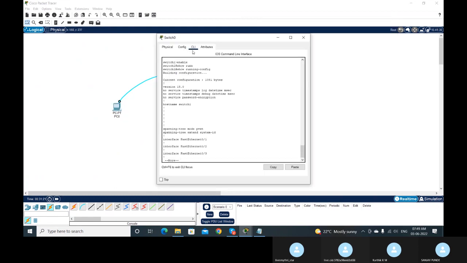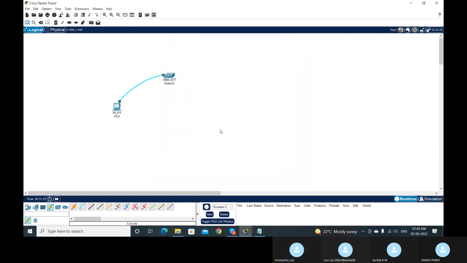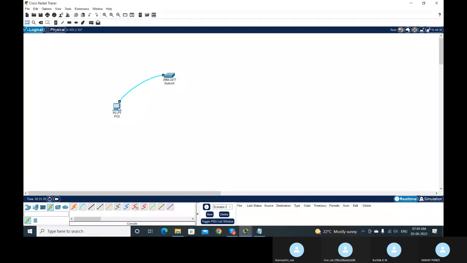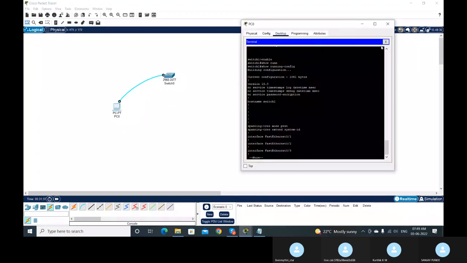In the Packet Tracer simulator you can click on the CLI tab and do all the things from here itself. But in a real scenario you will not find anything here on the switch. You have to power on the switch and connect it to the PC through the console cable, and on your PC use a terminal or SSH client like PuTTY. Through that you can connect to your